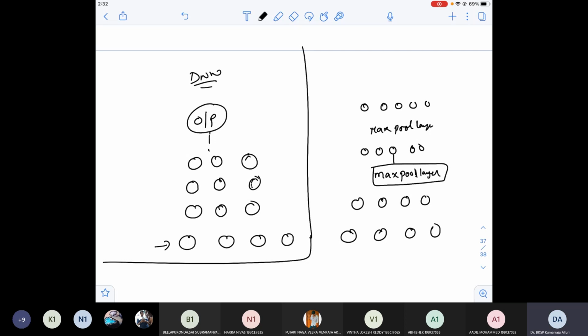But what is the takeaway? CNN will not have only the hidden layers or convolution layers. It can also have a max pool layer. In CNN, the hidden layer is also called the convolution layer. We will see that in a different representation. But one thing you need to understand, we can represent CNN in the form of DNN. That is what you need to understand by now.